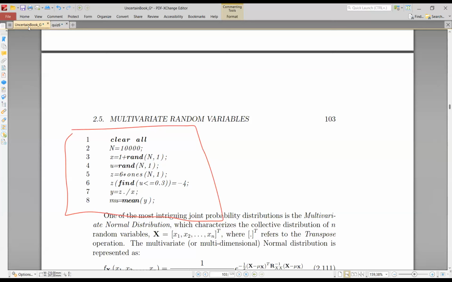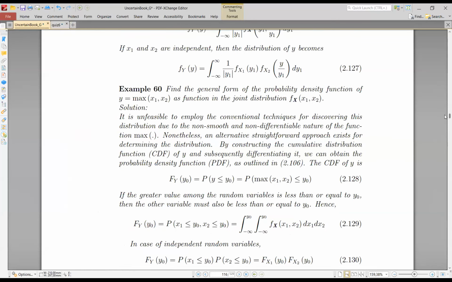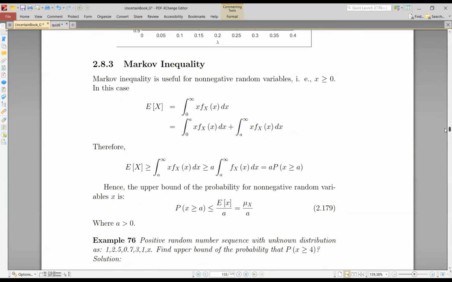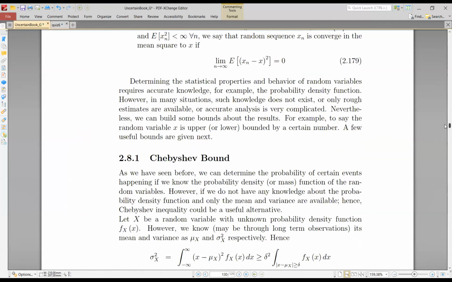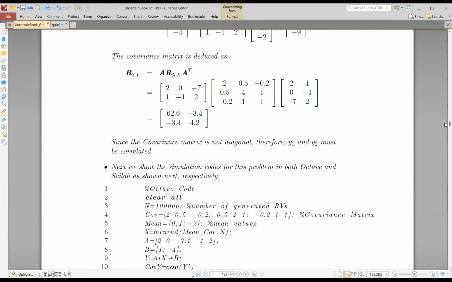Now we come back to the rest of our lecture, where we talk about the random process. Let us go to the